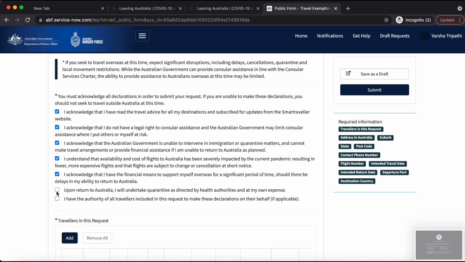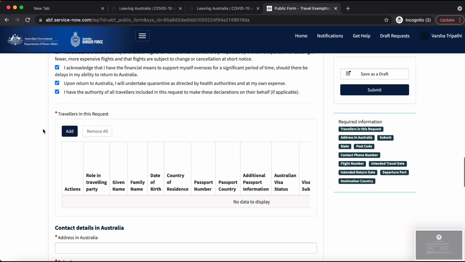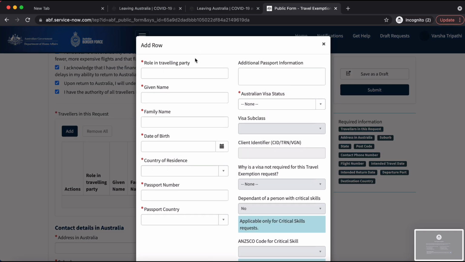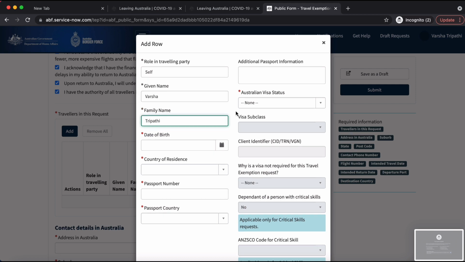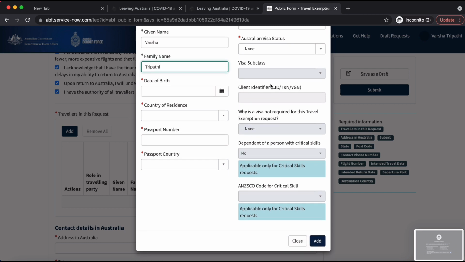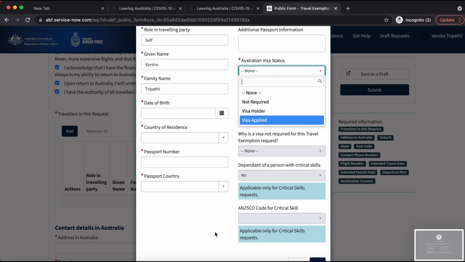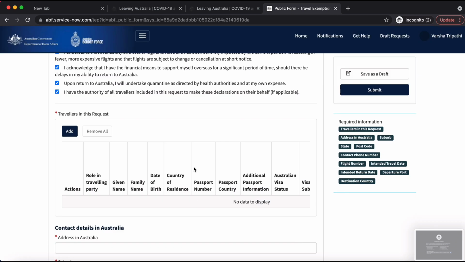After selecting the valid reason, you will be checking in all these boxes, and here's where we will be writing the details of the passenger. So here, role in traveling party is going to be self, and then you fill in your first name, last name, date of birth, country of residence, your passport details, your visa details, and pretty much everything. I'm not going to fill in all the details because obviously I don't want to apply for an exemption. This is just a dummy one. So once all this is done,